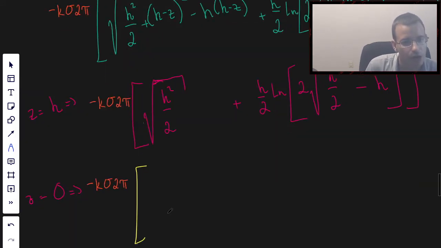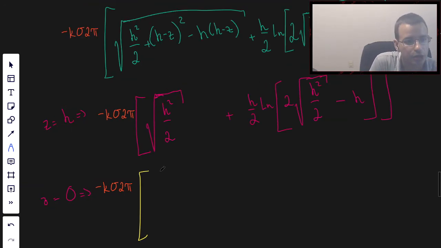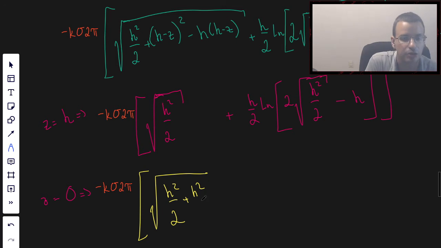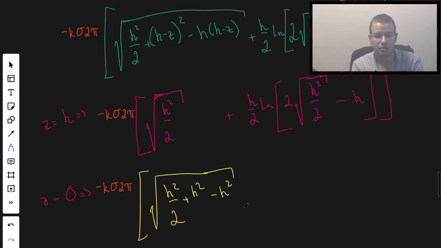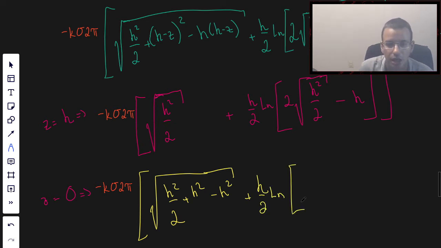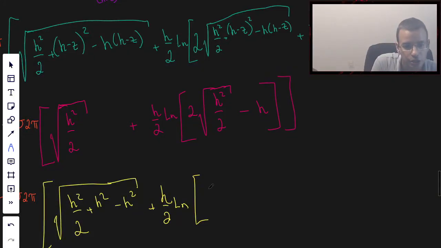Looking at the top equation up here, we get the square root of, we're going to have h squared over 2. We're going to have plus h squared, because h minus 0, minus h squared, because when we plug in 0, we get negative h times h, okay, plus h over 2 natural log of 2